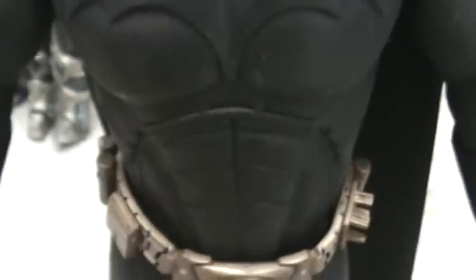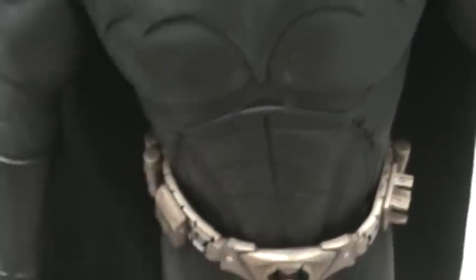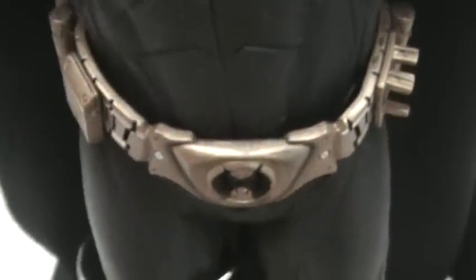And I hate it when people complain, oh, you can't drape the cape down. Why would you want to block that? Seriously, why would you not want to show that accuracy off? It's so beautiful. So nice. And then if we turn him around here, and let me just put his arm up